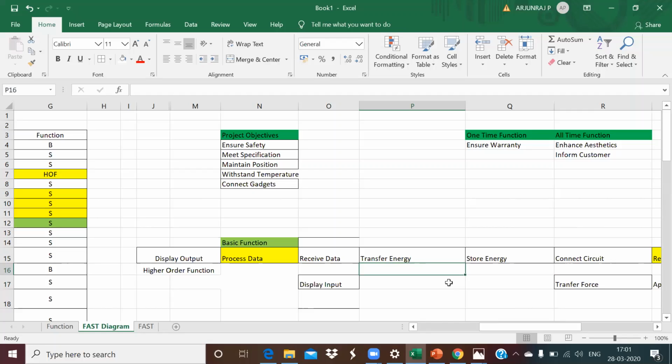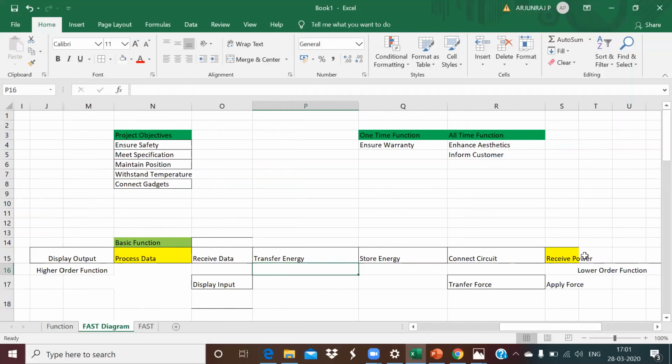Sir, we created a FAST diagram. What we analyzed is that the higher order function is to display the output. How to display output? By processing the data. How to process data? By receiving data, and at the same time the input gets displayed. How to receive data? By transferring energy, because the battery is there, and storing energy. How to store energy? By connecting the circuit